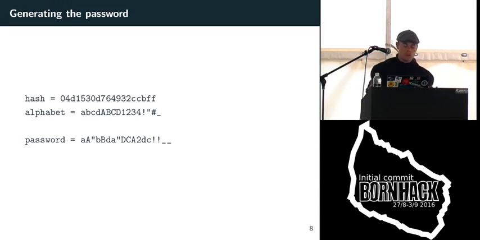The longer the alphabet is, the more characters the generated password will be able to consist of. But here I've just used 16 characters for simplicity. So what I do is that I take each of these characters and use it as a number in this alphabet, and generate a new string from that.